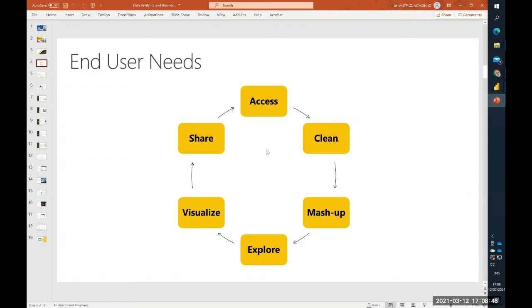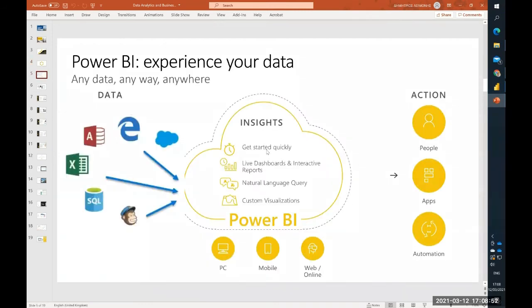Once you have the data and you clean it, can you better analyze it and visualize it? And that's where Power BI gets in, okay? So Power BI, it's a powerful platform. It's a whole ecosystem that allows you to actually